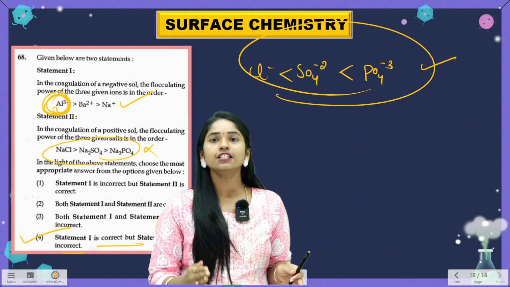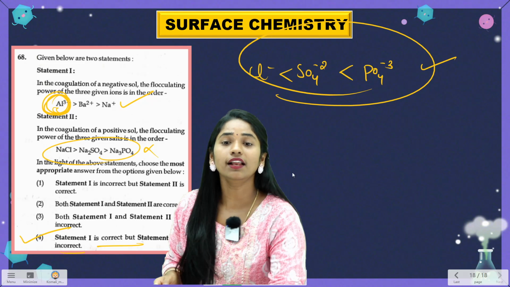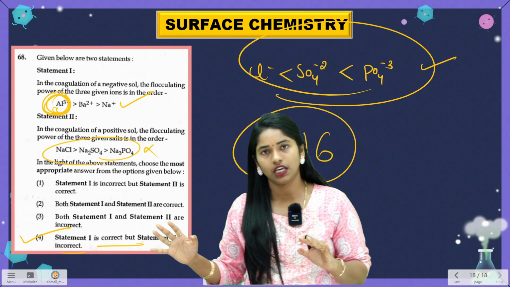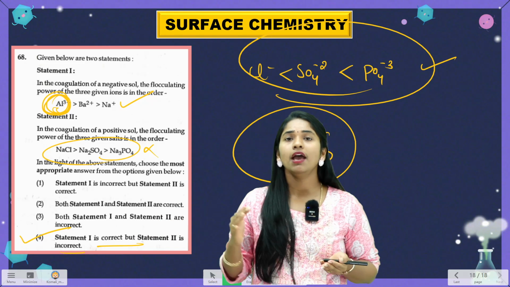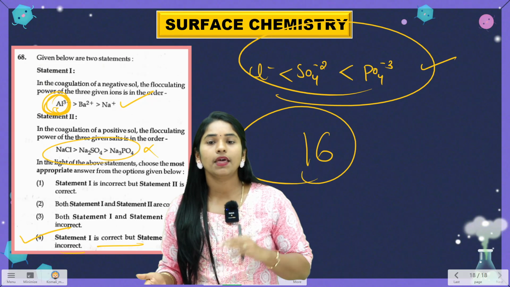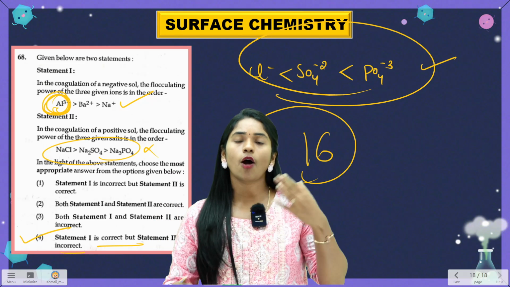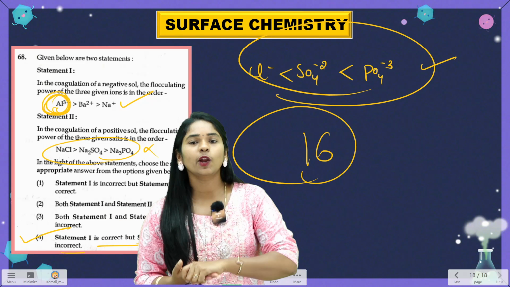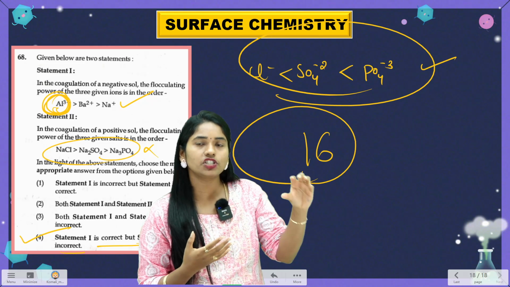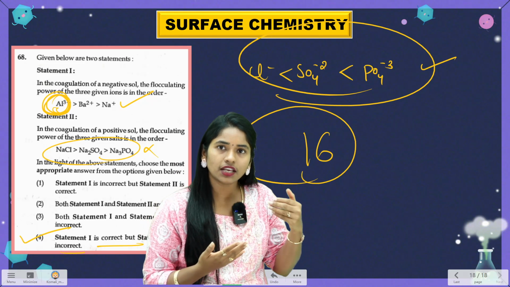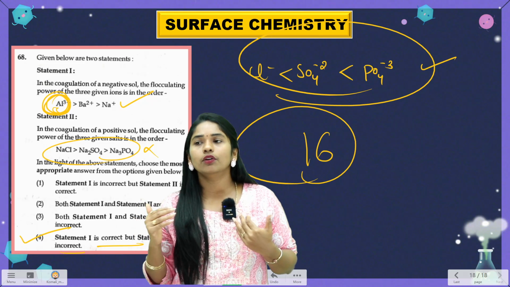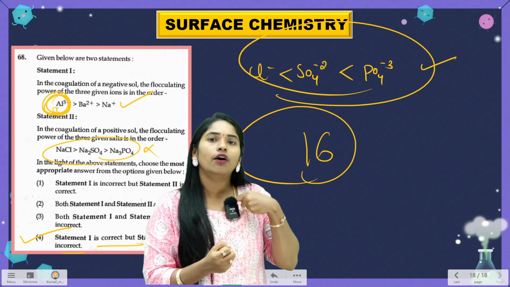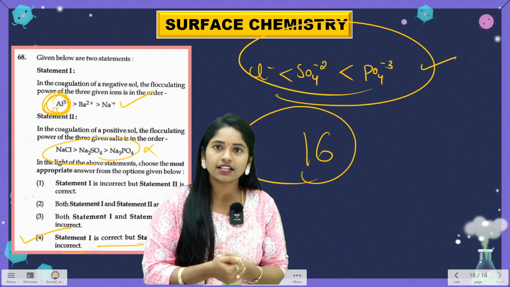These are the questions from the physical chemistry chapter. Of the total, how many physical chemistry questions came? 16 questions came out of 50. And organic chemistry, 17 questions came. Inorganic chemistry, 17 questions came. Out of the 16 questions, how many are from class 11? 6 questions. How many from class 12? 10 questions. So if you know which chapter in the 2022 paper each question came from, your preparation, if you want to prepare for next year, and the strategies for fresh students, will be easy. That's why I have made this video.